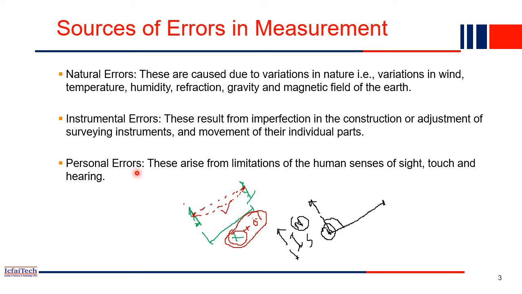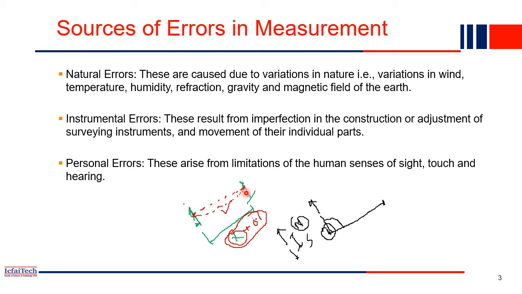So for example, in surveying, this distance on a paper maybe looks like a few centimeters, but in real life, this small distance will be something like kilometers, maybe 3, 4, 5, 7, 10 kilometers. This distance we are measuring on a field. So you can imagine, it is a very high distance, right?